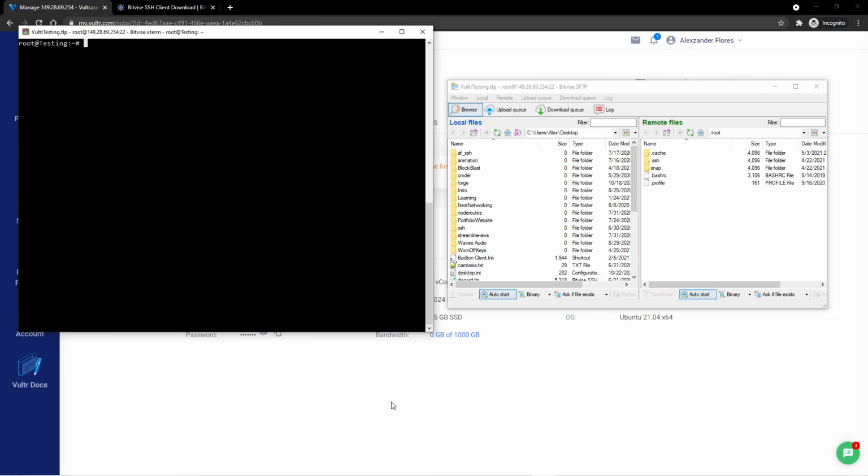If you know for sure that this is something you don't want to do, then you can use the YouTube player to skip to the next chapter. So if you do want to change this, we can use Nano, which is a built-in text editor to Ubuntu. So let's go ahead and use Nano and open up the correct configuration file that holds where our port is stored. So I can say nano